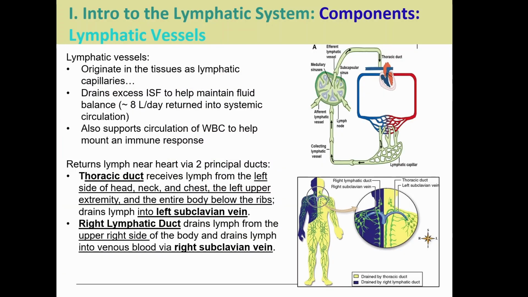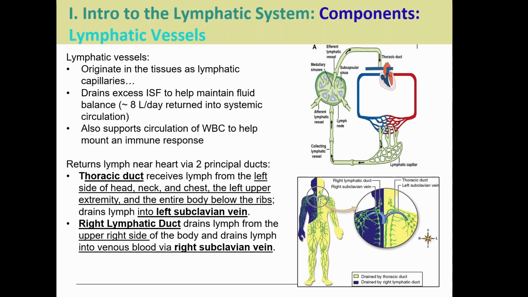All right, now we get into the lymphatic vessels. We have larger vessels. We also have lymphatic capillaries, right, which will, again, just work alongside the blood vessels to pull up extra interstitial fluid so that we don't collect fluid in the tissues and then return it back to the cardiovascular system. Within this lymphatic fluid inside these vessels, we also circulate white blood cells to help with that immunity.